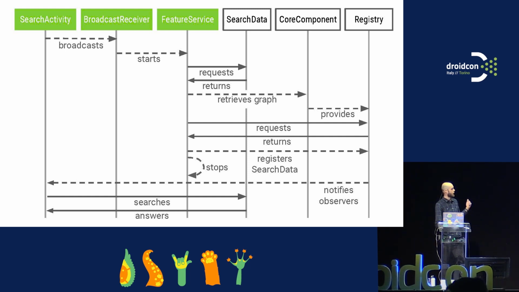While it does this, it also retrieves the Dagger graph for the core component, which provides it with the registry, which is being held on. So our registry can then be requested from the feature service. We can hold on to that, and we can register the search data that we have got returned in the registry. The service then stops itself, and the registry then provides the search activity with the implementation of the search data